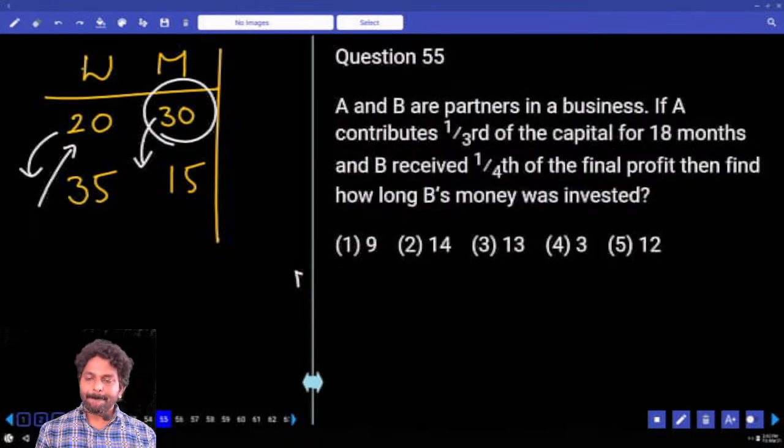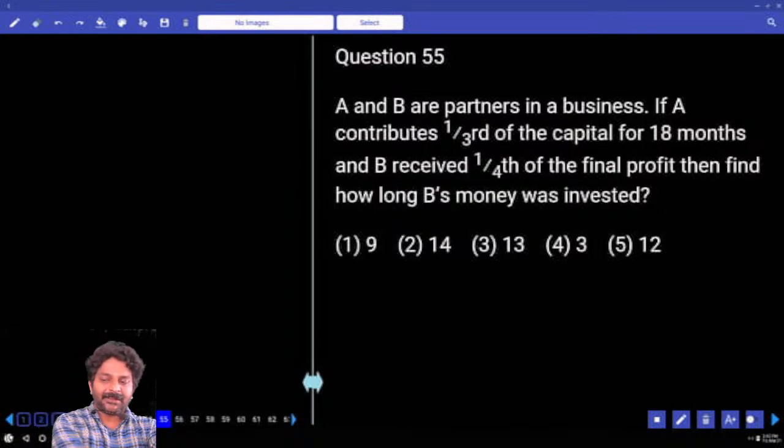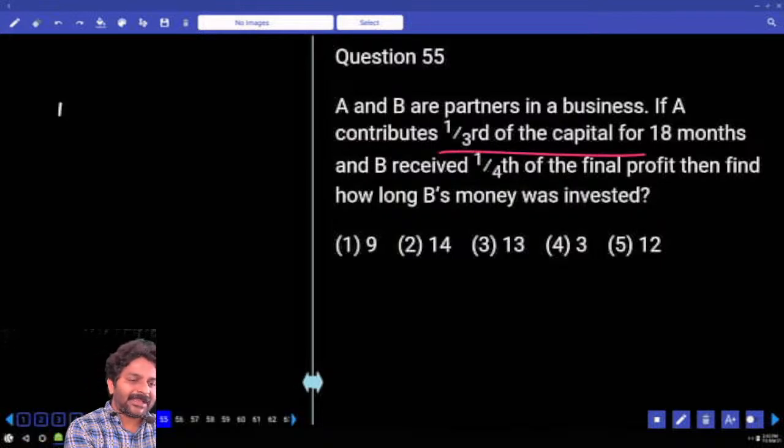Next. A and B are partners in a business. If A contributes 1/3 of the capital for 18 months and B received 1/4 of the final profit, then find how long B's money was invested. Out of capital, A contributes 1/3. Then B contributes